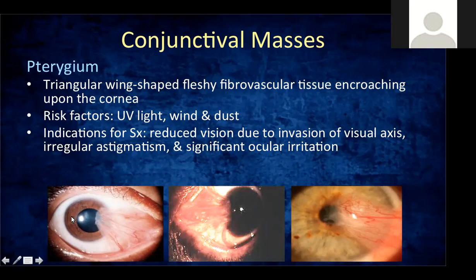Our gold standard for pterygium is excision with a conjunctival autograft. What does that mean? We harvest conjunctiva from the same patient, from the same eye, in the superior bulbar area. Okay, and then we transplant that to the area that is left bare when you remove the pterygium. Okay. We suture that with non-absorbable sutures. Eventually, the sutures are removed.